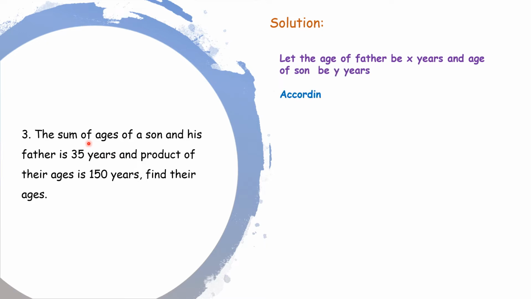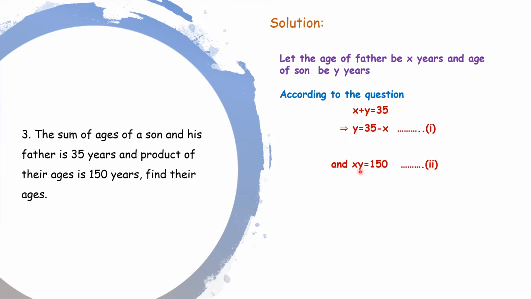Sum of their ages is equal to 35. So what will be the condition now? First condition: x plus y is equal to 35, and the product of their ages is 150. Now here x plus y is equal to 35. Just replace one variable with another because we don't want two variables. So I'm just finding y. y is equal to 35 minus x. Have this as your first equation. Now come to the second condition given: the product of their ages, that is x into y, is equal to 150.